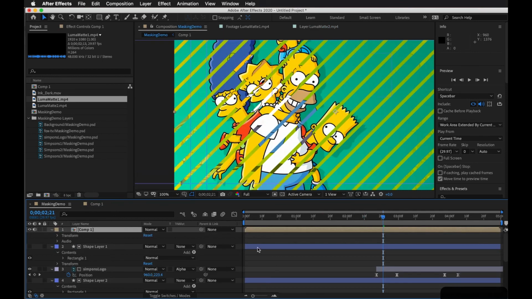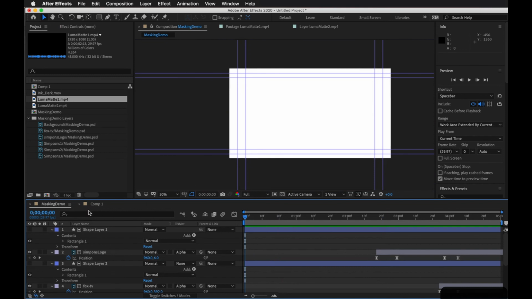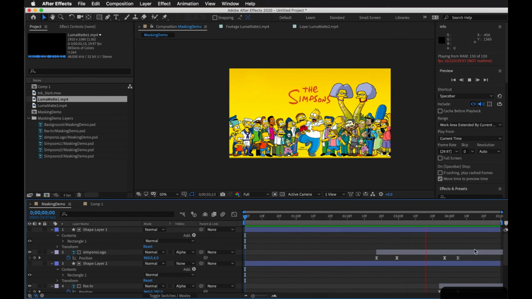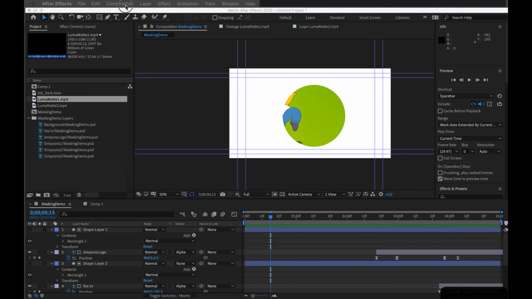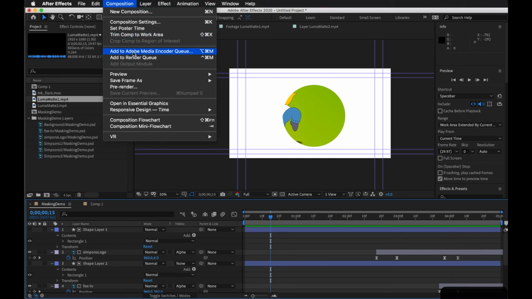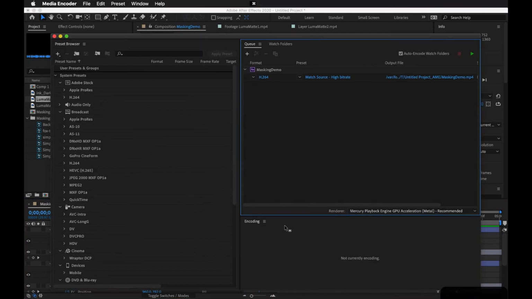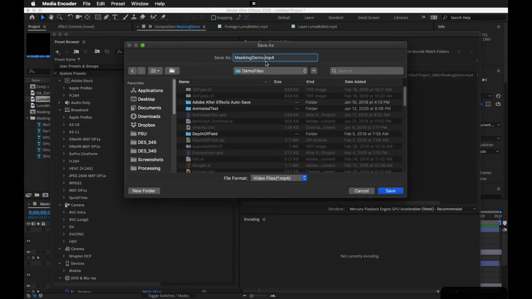All right, and just to review one more time, let me, whoops, I accidentally put this composition into this file, but here's the original masking demo that we made together. And when you want to export this out, we'll go to Composition, add to Adobe Media Encoder queue. And again, it takes a little bit of time to start up the media encoder. If it's starting up for the first time, we'll go into here. We'll use H.264. This is a masking demo,